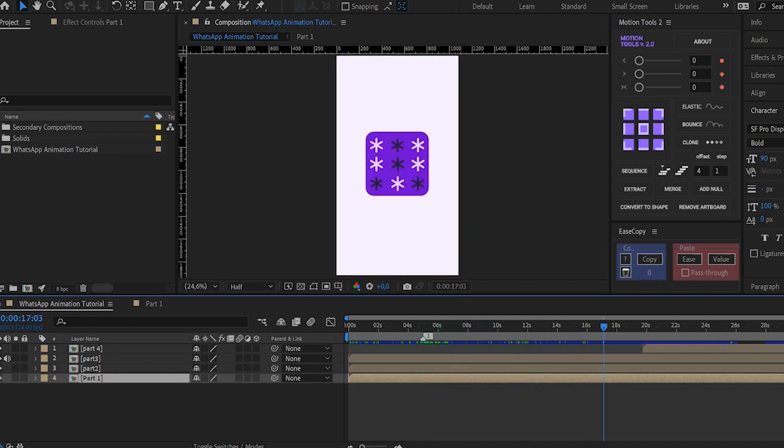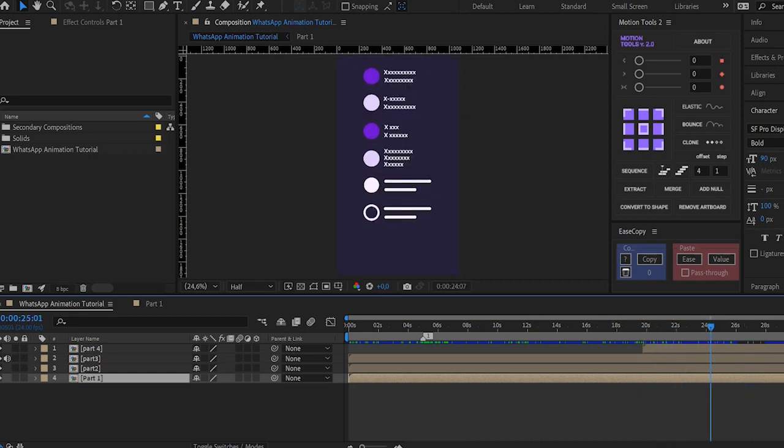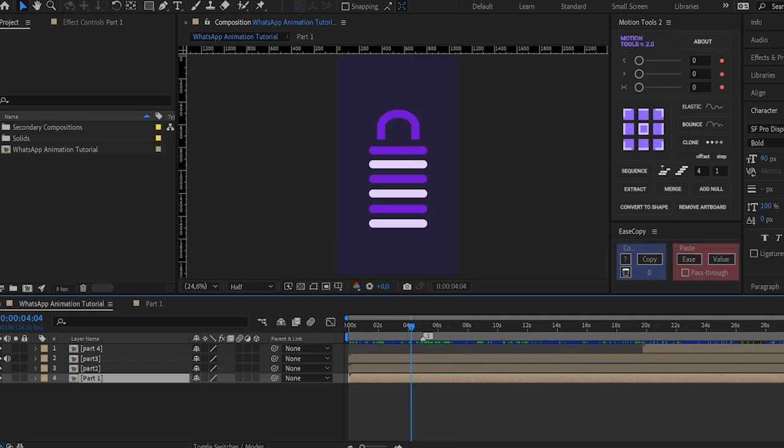Something just like that. So I broke it down into different parts for it to be really easy to animate. So what I did is I just created different elements and then I animated them directly. So first,